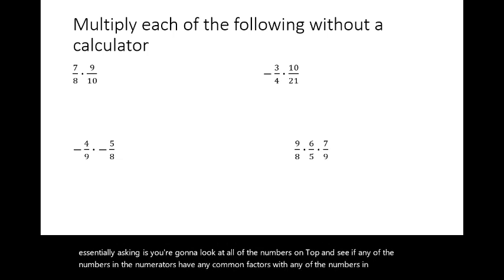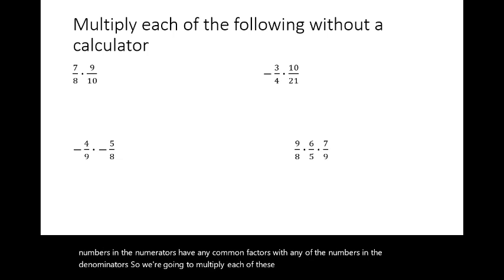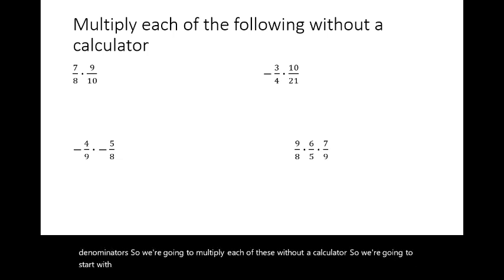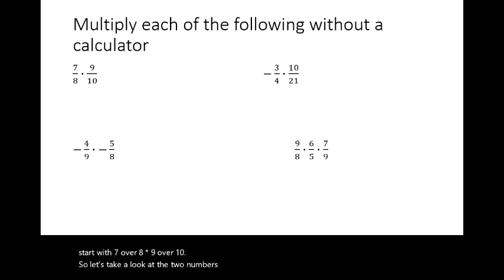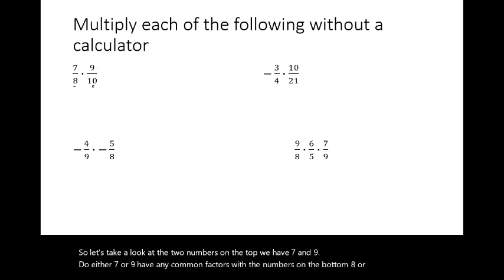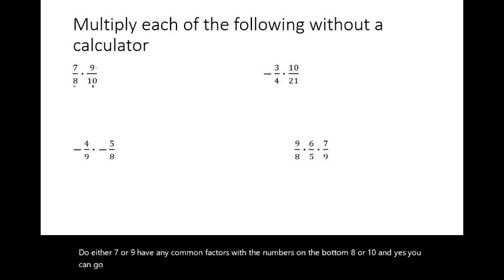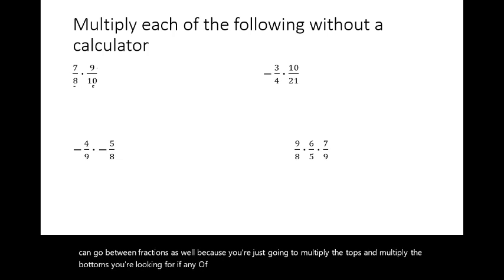So we're going to multiply each of these without a calculator. So we're going to start with 7/8 times 9/10. So let's take a look at the two numbers on the top. We have 7 and 9. Do either 7 or 9 have any common factors with the numbers on the bottom, 8 or 10? And yes, you can go between fractions as well. Because you're just going to multiply the tops and multiply the bottoms, you're looking for if any of the numbers on the top have any common factors with any of the numbers on the bottom,